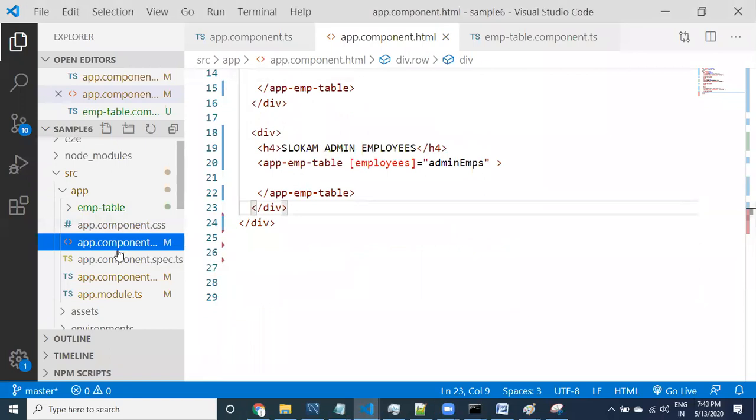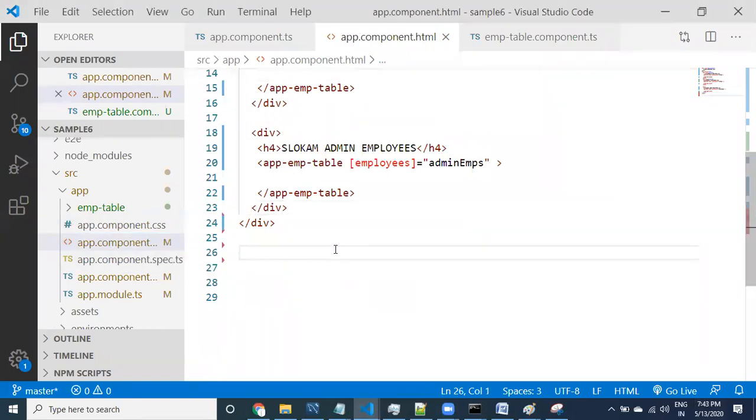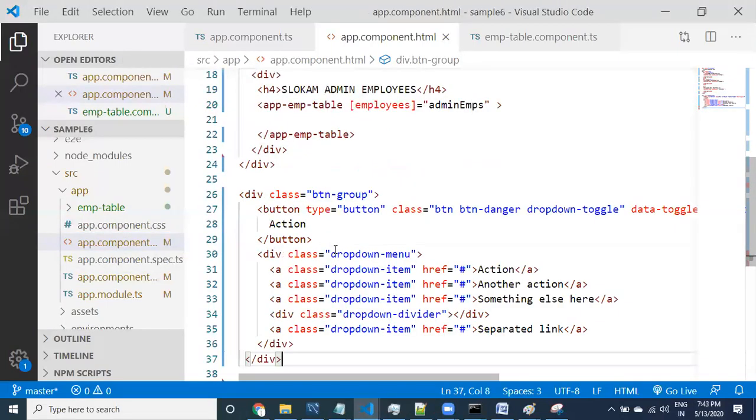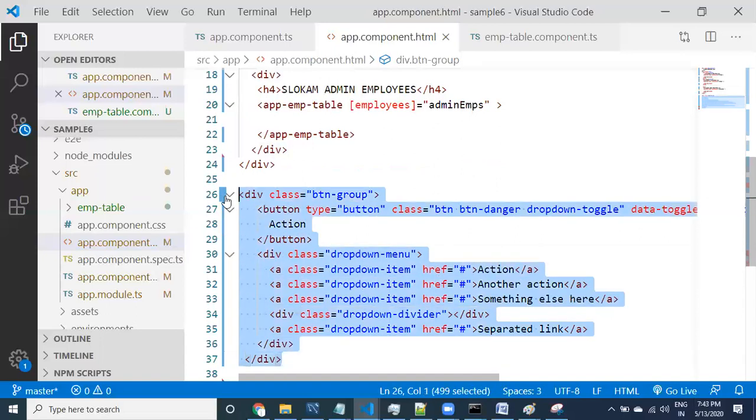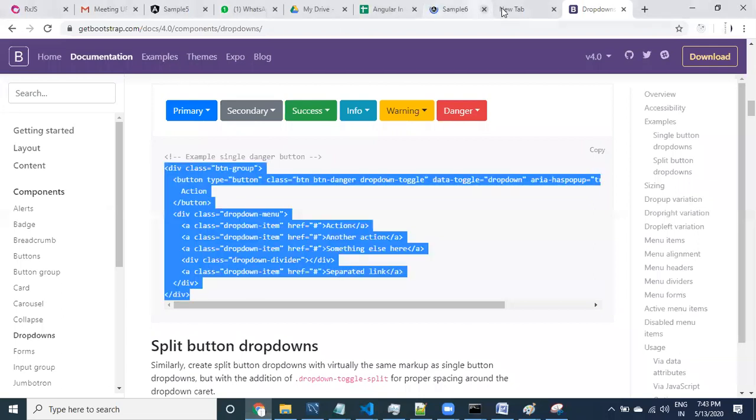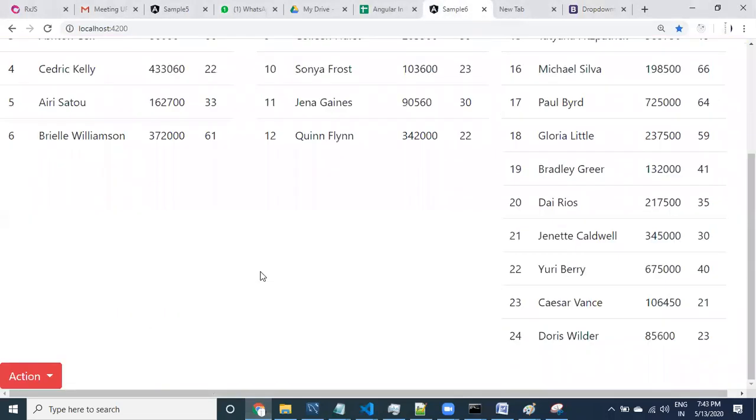Okay, go to the app component HTML. I'm copy pasting this HTML code so that I can check whether it is displaying properly or not. Okay, let us go to here. If it is displaying, see here guys, yes. Oh, it is not. Yeah, it's working. Yes, it contains all this information.